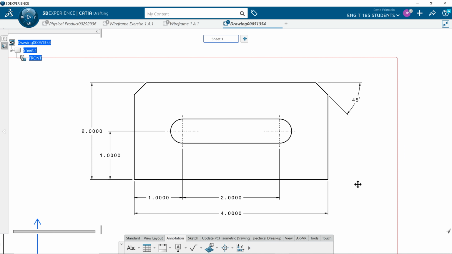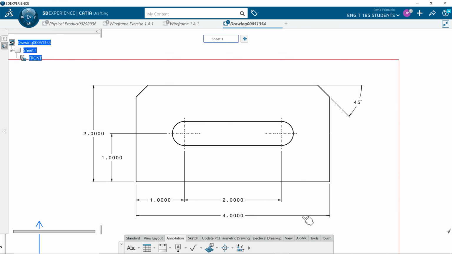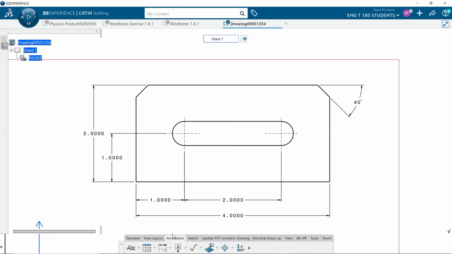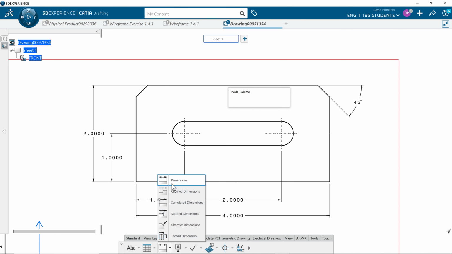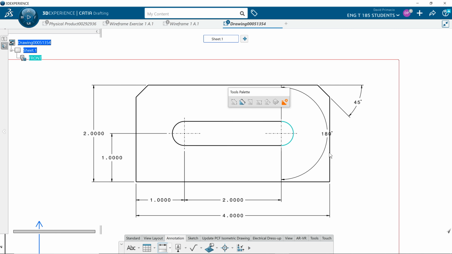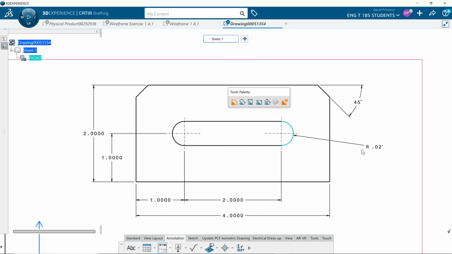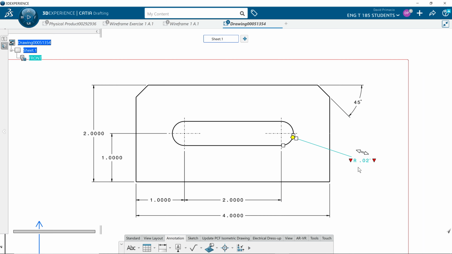Now we're missing one more dimension. Under annotate, we're just going to use the regular dimension to get the radius. Oops. Now what I got to do here is right click, change that from an angle back to a radius, click a position, remember to go to properties,